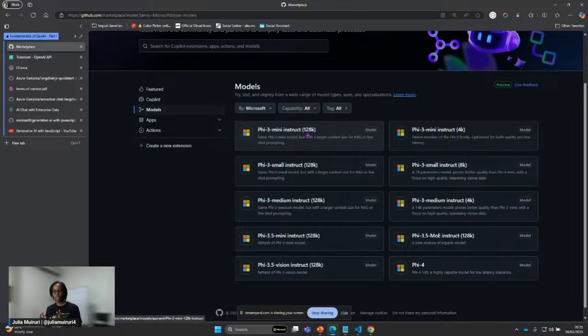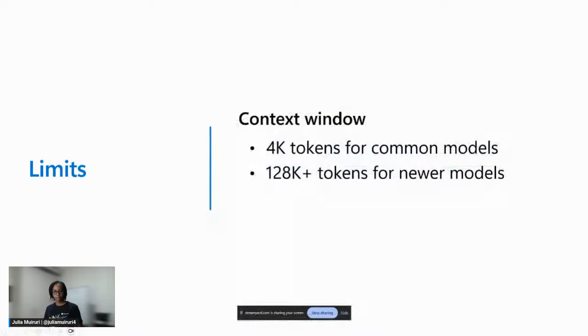So this is how you also understand what model you should use. Of course, more tokens mean that you'll be using more compute, which in the long run may be more expensive for you. So depending on the scenario you're working with, this is how you can easily determine the context window, and the context window is basically what we are referring to as the input to this particular model. So again, if I go back to my